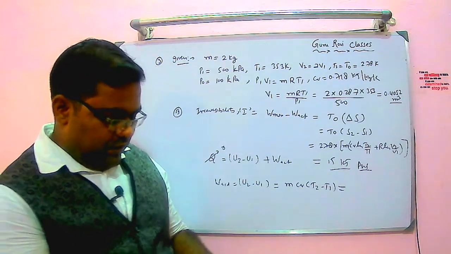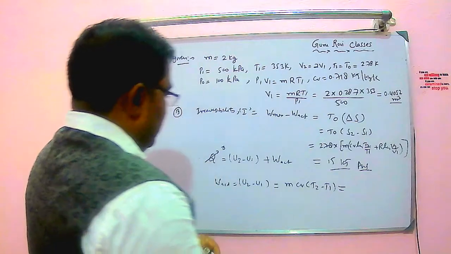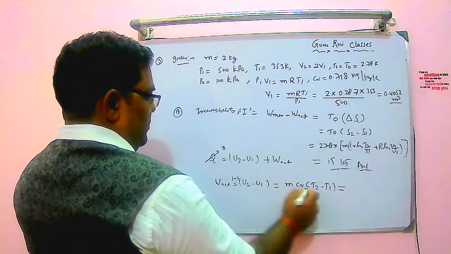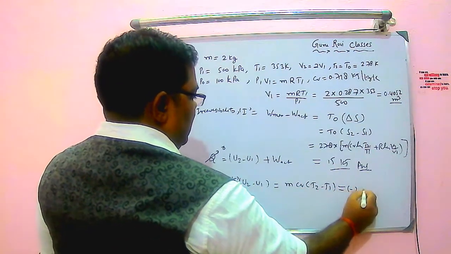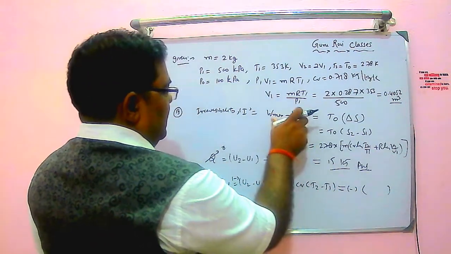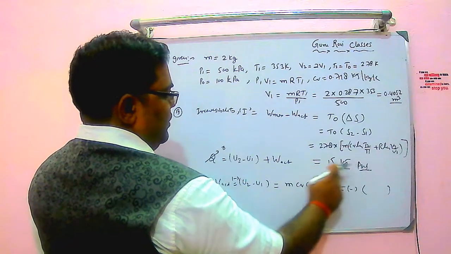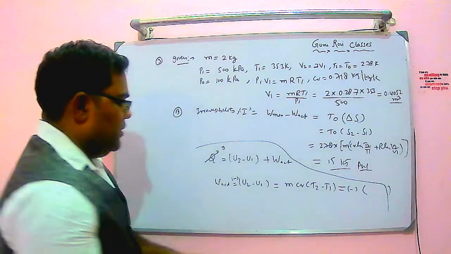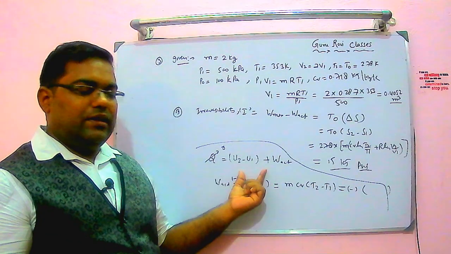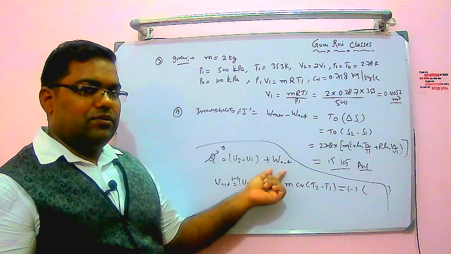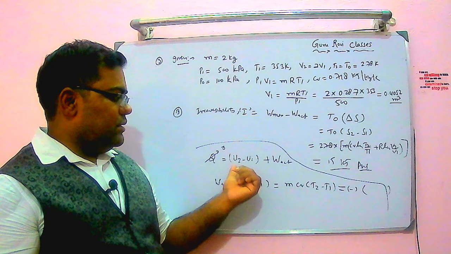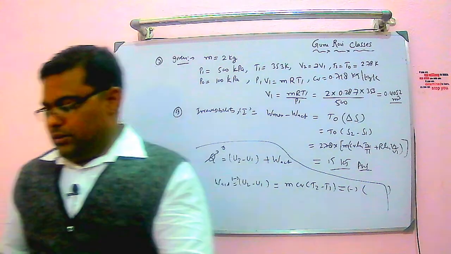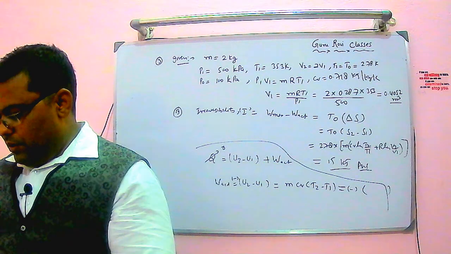So this is over. Clear? W actual is negative, so whatever value you get, it will be negative, and whatever term is coming, use that and substitute here. You will get the same value as you got here. This is the second way: W actual by applying the first law of thermodynamics, Q is equal to U2 minus U1 plus W actual, so W actual is equal to minus (U2 minus U1), which you calculate. Here you can get the irreversibility. So this is your third problem in this series.